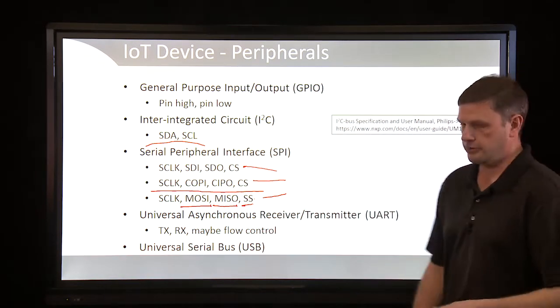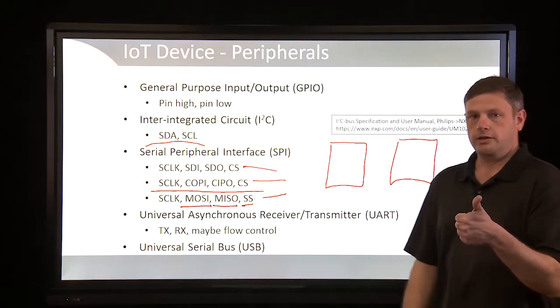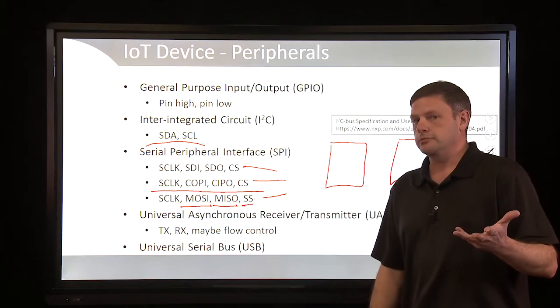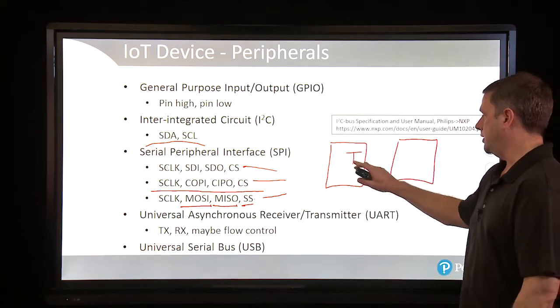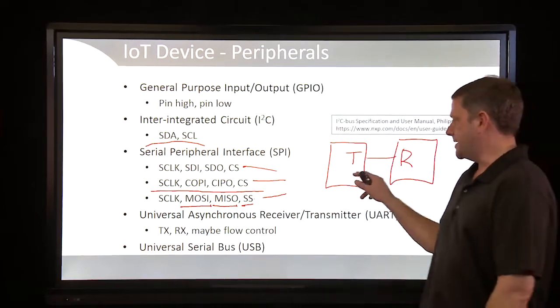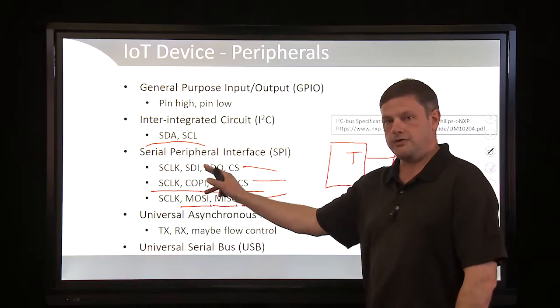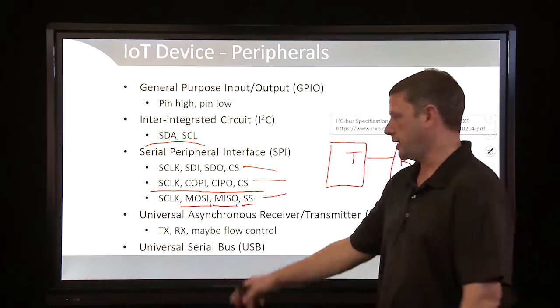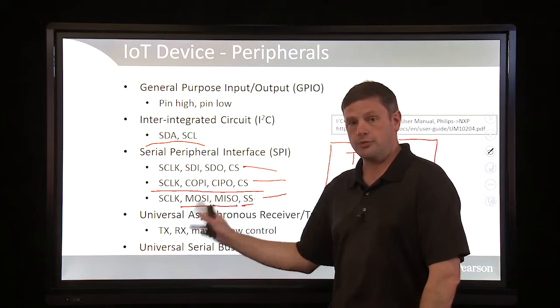So here's the ambiguity that I'm talking about. Whenever you have two chips and you want to talk UART, transmit is from what perspective? It's usually from the chip that you're talking about. So transmit of this device must go to the receive of the other device. It's the same problem with this SDI, SDO. So SDI is now specific to the chip, whereas with SPI using controller out, peripheral in,